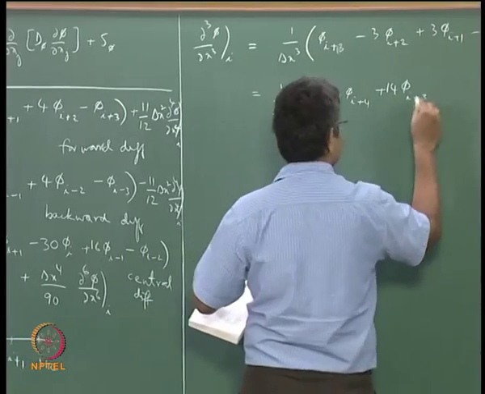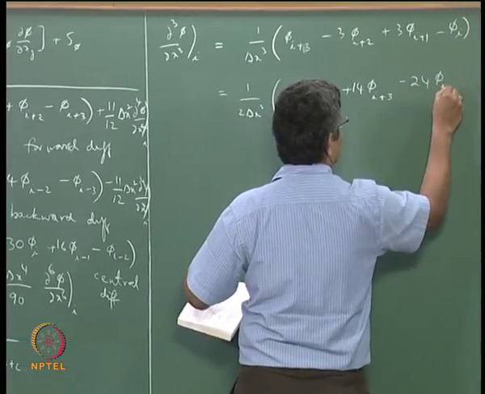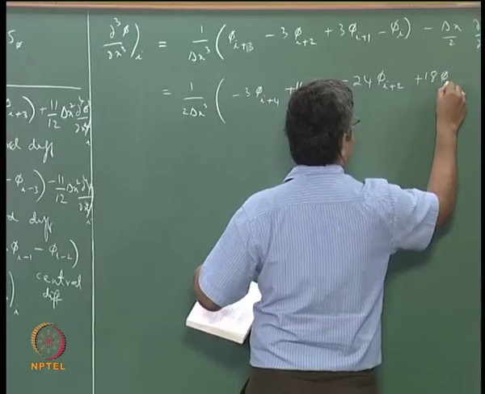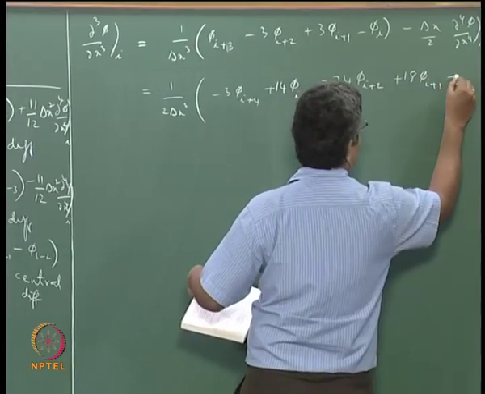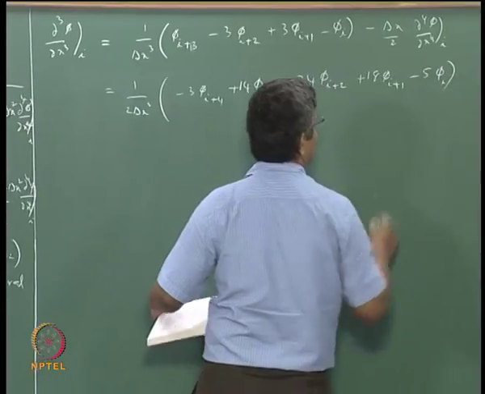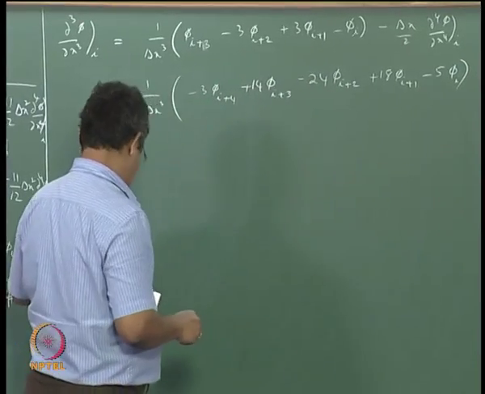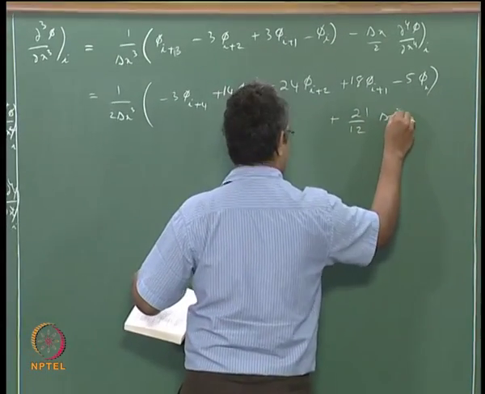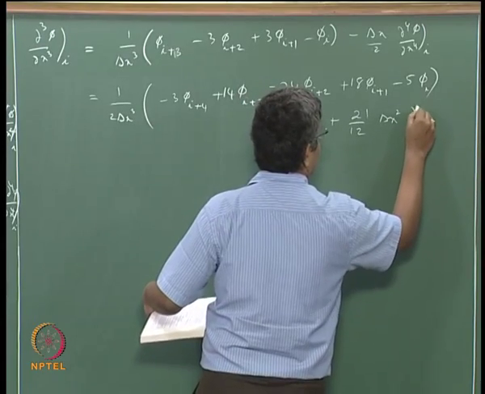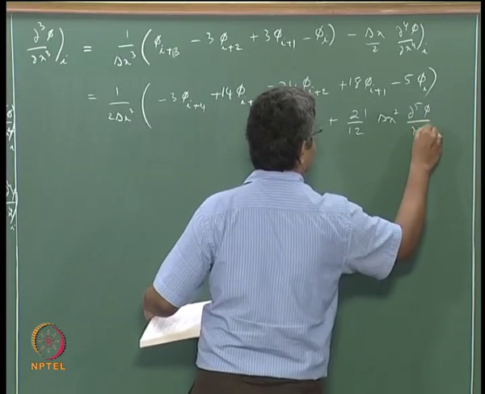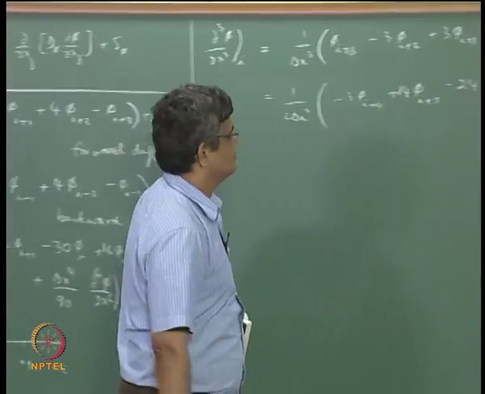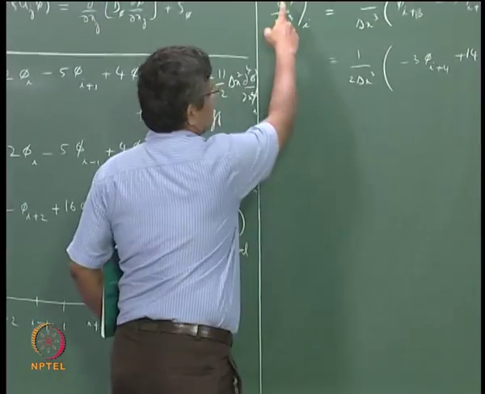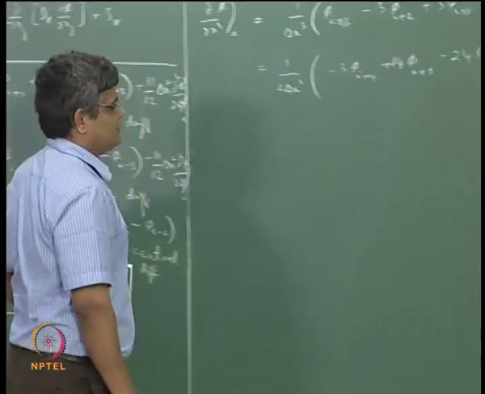plus 14 I plus 3, minus 24 I plus 2, plus 18 phi I plus 1, minus 5 phi I, plus 21 by 12 delta x square, fifth derivative with respect to x at I. So this implies second order accuracy for a third derivative involving 5 points in the forward differencing,